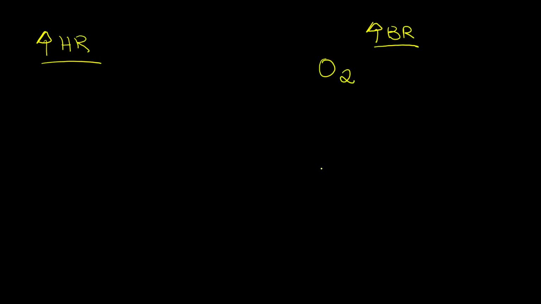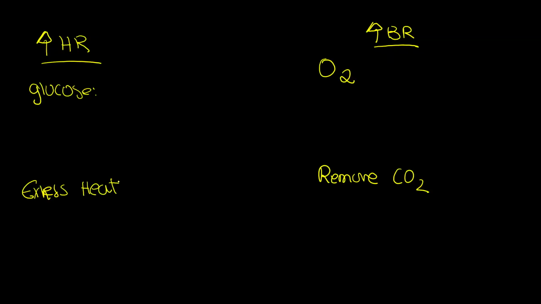And I will elaborate because I need to remove the excess CO2. My heart will pump faster because I need more glucose, and I will elaborate. Elaborate means I will explain what this glucose is needed for. My heart will pump faster because I need to remove excess heat, because heat is dangerous. My body temperature has to remain 37. Above that, my enzymes will be denatured.